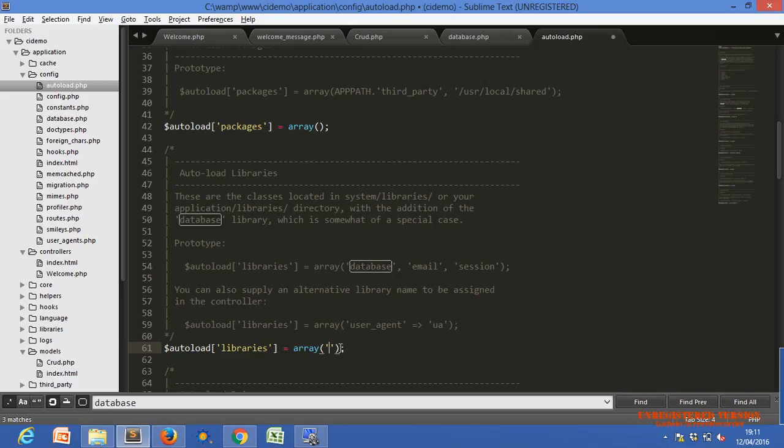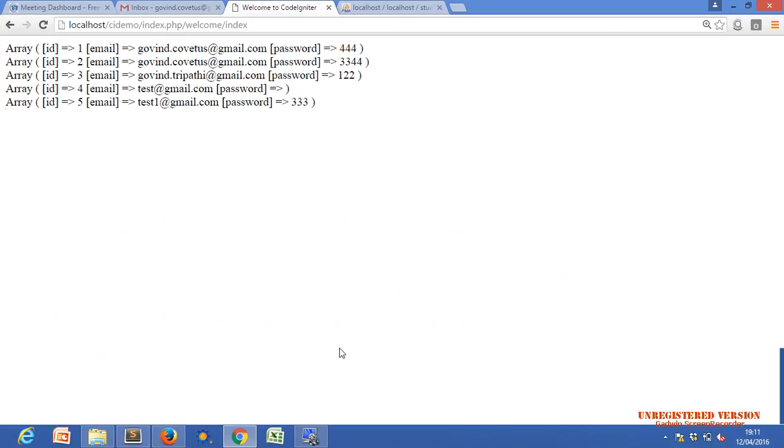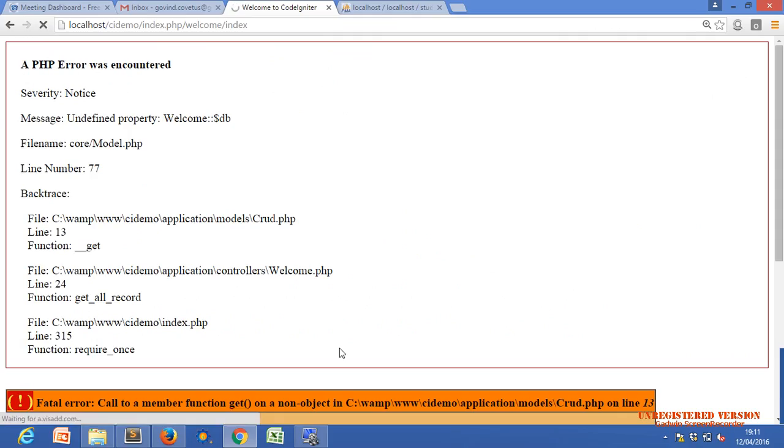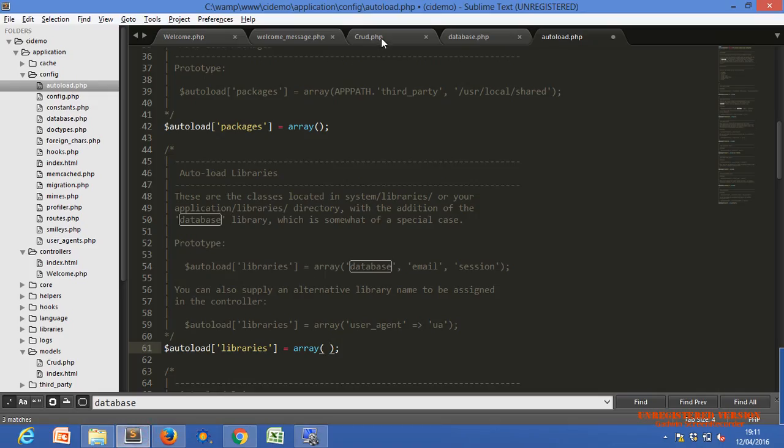If you remove this from here, maybe it should not work. Yeah, fatal error: call to a member function get() on a non-object, means it doesn't understand the get function. Where is the get function? You can see here in the model.